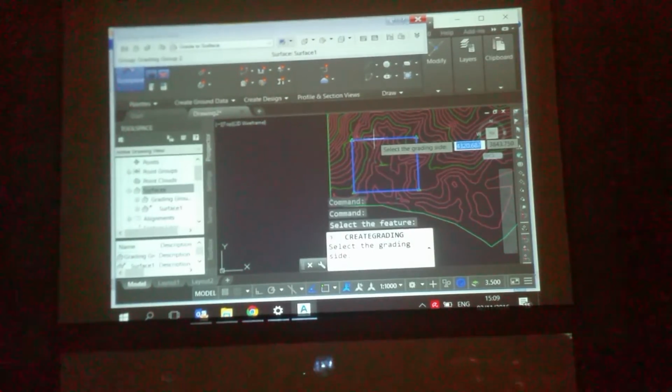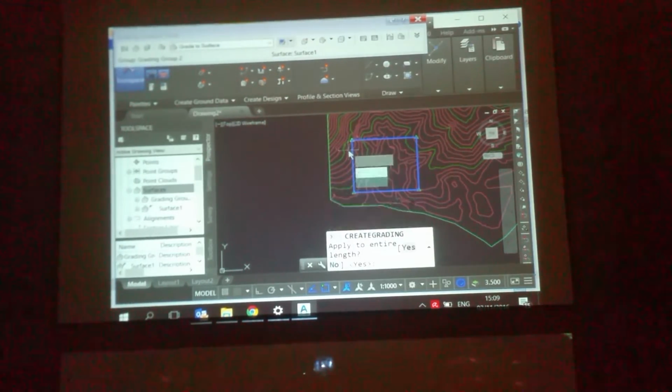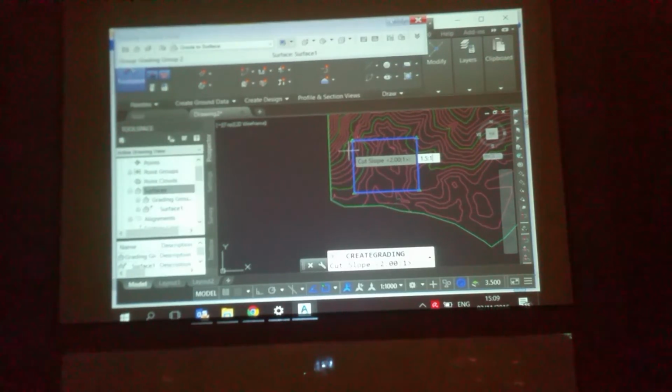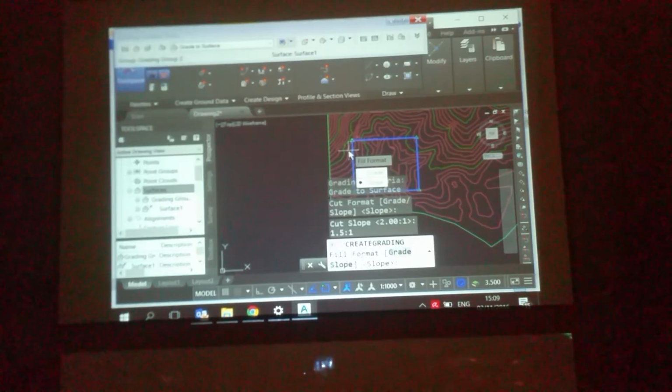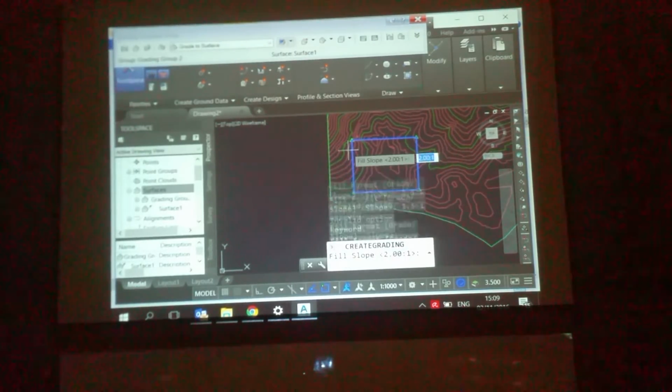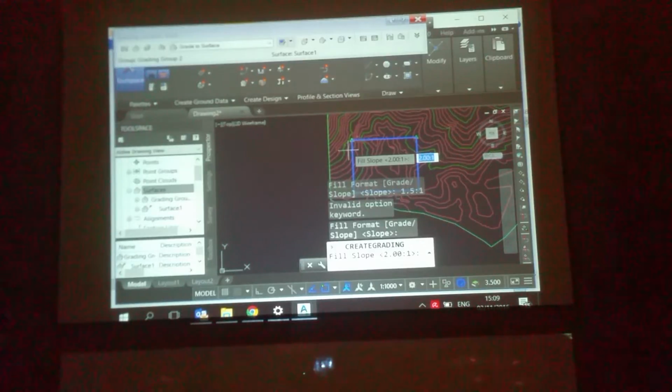Select the features outside, yes. 1.5 over 1. Enter. So 1.5 over 1. Enter. Oh, sorry.